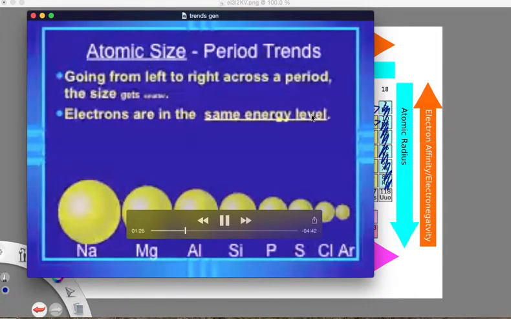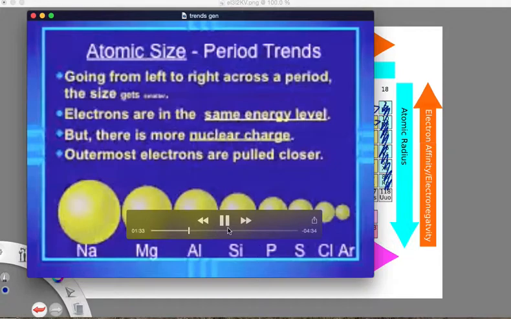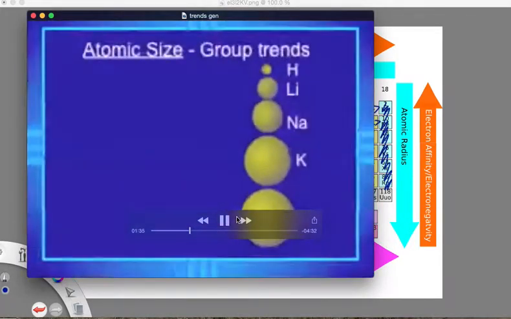Electrons are in the same energy level, but there is now more nuclear charge, effective nuclear charge. So the outermost electrons are pulled closer. That's exactly what I just said. All right, now going down